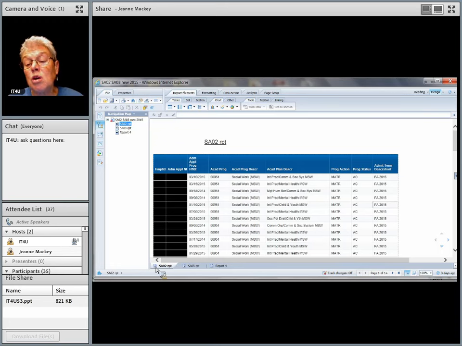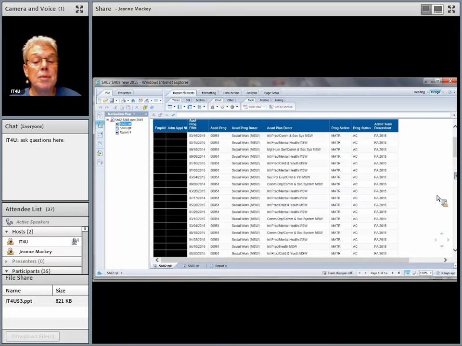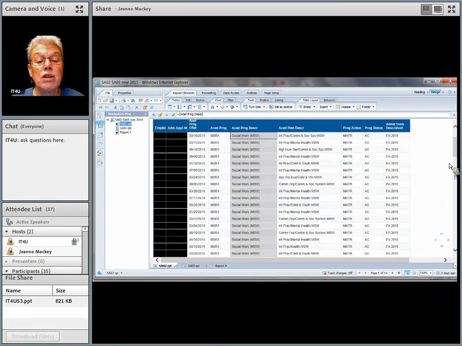And so when I ran the query, obviously that's confidential data, so I've masked the EMPL ID and the admission application number. But this is the SAO2. So I've got the application program effective date, academic program. I ran it for social work, for the MSW program, which I have a fondness for because I happen to have an MSW, like you care. But anyway, academic plan description, what was the program action, the program status, and the admit term?